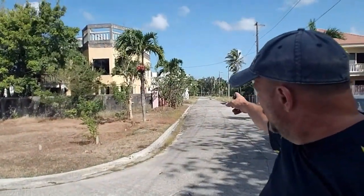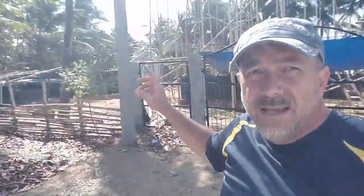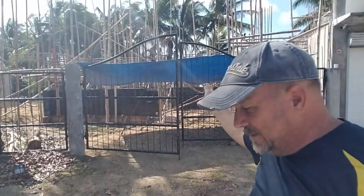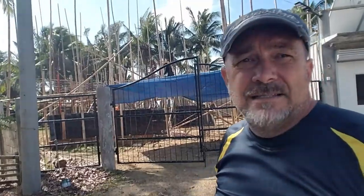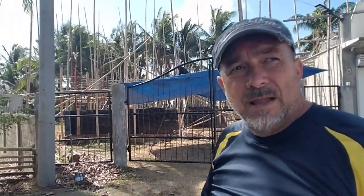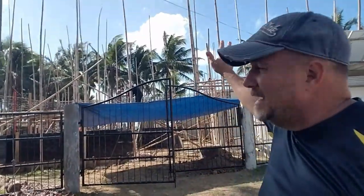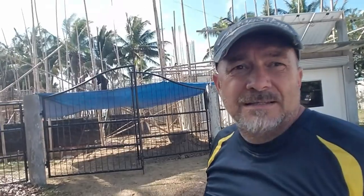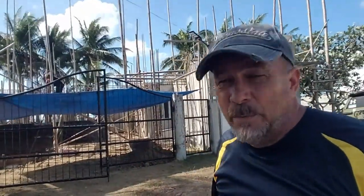And as this neighborhood fills up, everybody that drives down the street is dead on with my gates right here, dead on with the center of the front of my house. So as this development continues to grow, everybody that turns down this long street, what they're going to see at the end is our house right here. And for the sake of our investment, we want to have that nice curb appeal